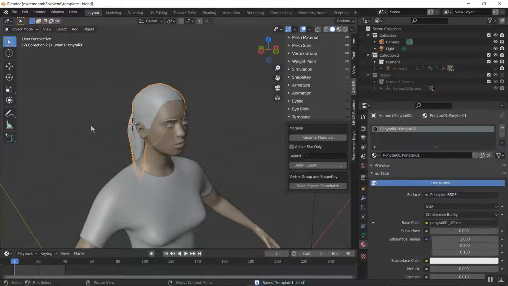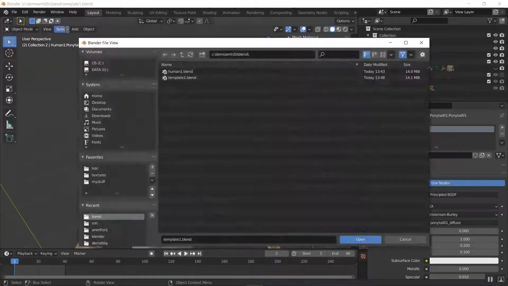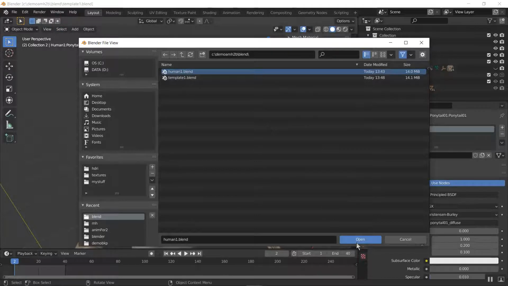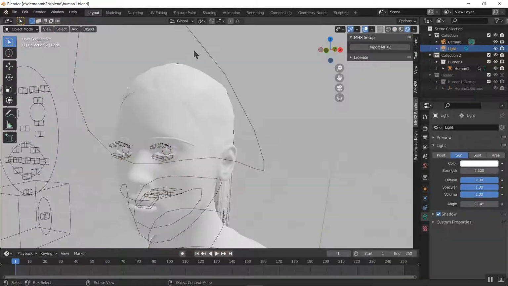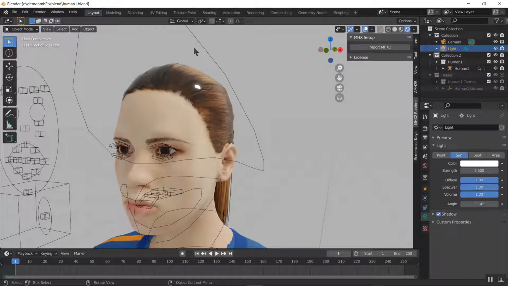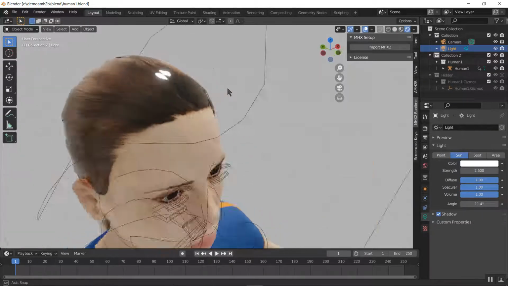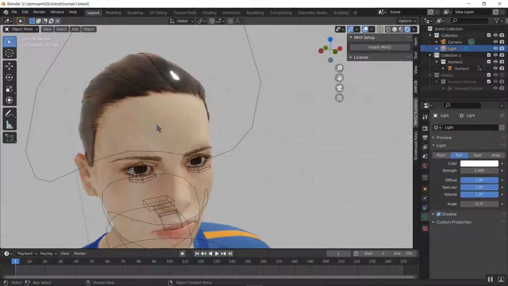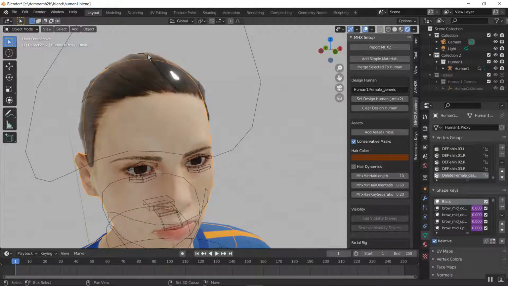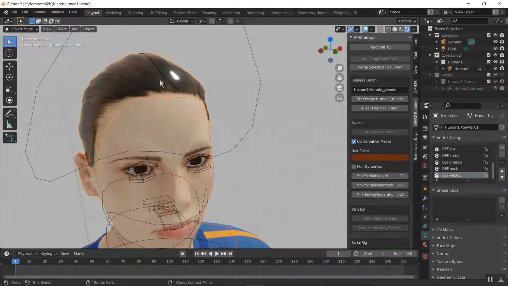And now go back to the original Human1 file that we had. This is the fresh import of MHX, where we've only adjusted the environment to make it a little bit easier to see how it interacts with the character's mesh. So we had our templated materials on 2 meshes, but sometimes it's hard to select just the meshes